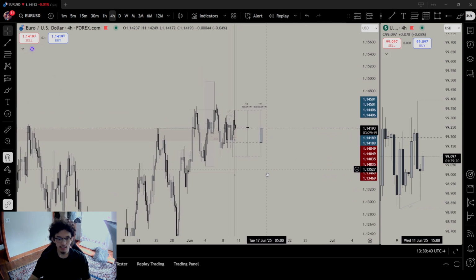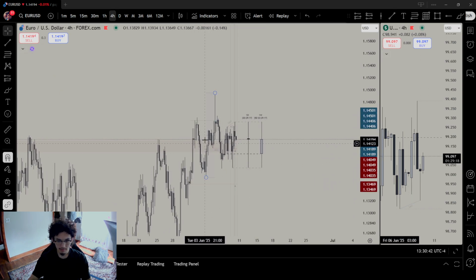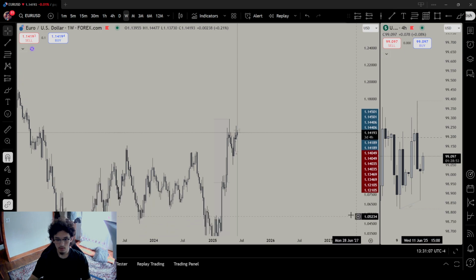Today was a very interesting day. This whole past couple of days has been consternation. We have been stuck inside of a range, but I see the market getting out of the range when CPI comes around. CPI should be expanding to the higher time frame, overall draw on liquidity.